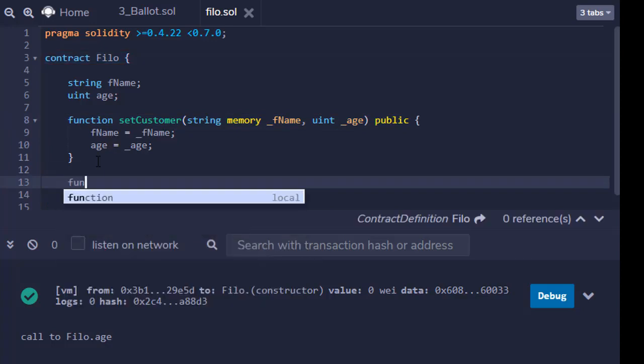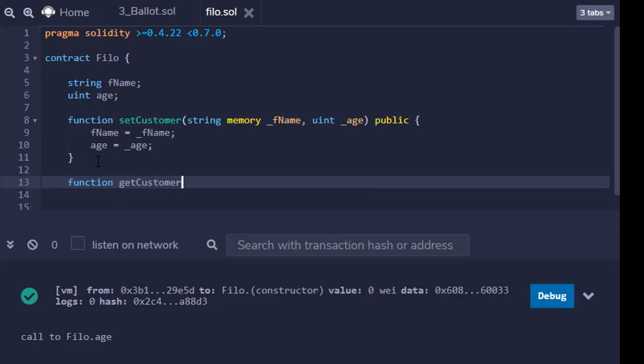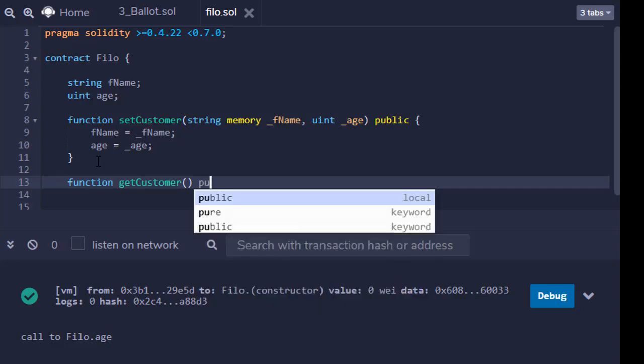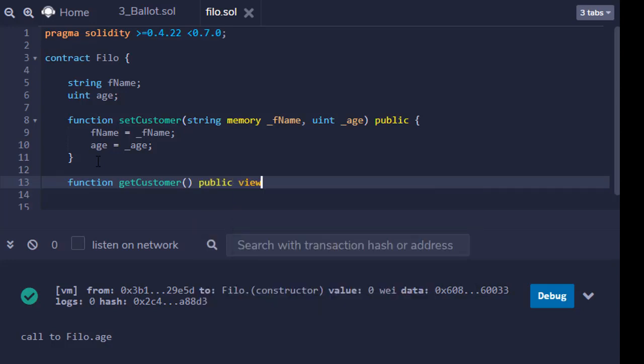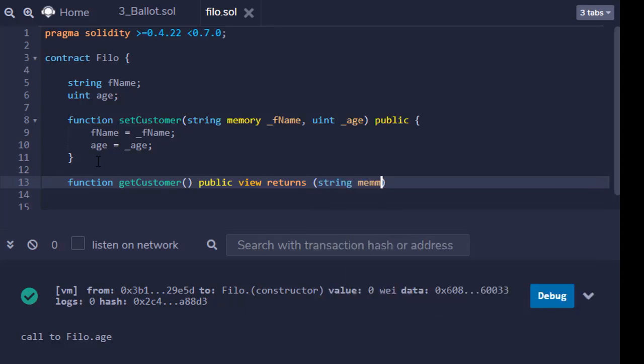Next we will write the get function to get the values. So it will be public, it will be view, which means that we are able to get it, and it will return string memory and uint.